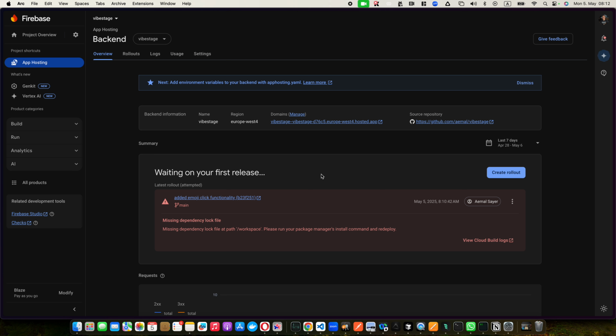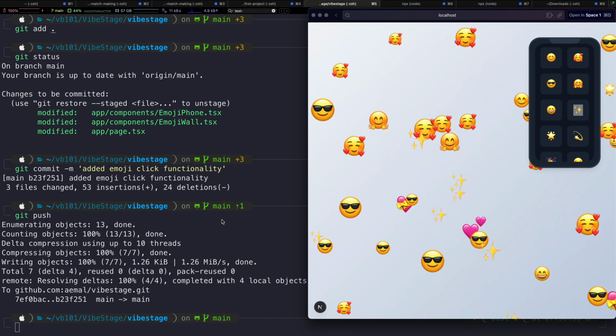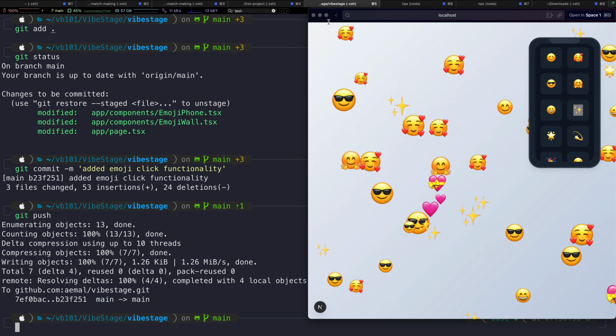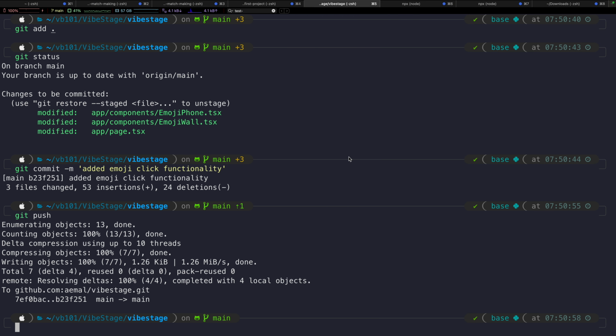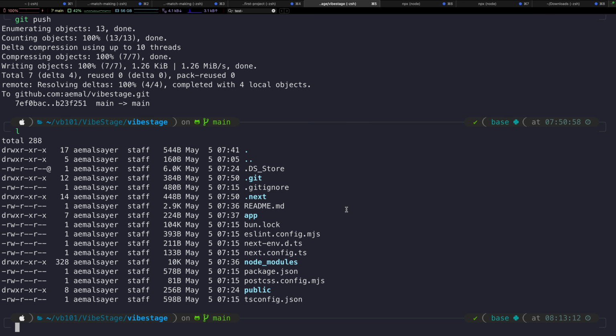Exactly the error that I was talking about. It is missing a so-called dependency lock. This is a good time to know what a dependency lock is. In order to reduce the distraction, I'm going to close that. If I type L here, you will see that I have this so-called bun lock,